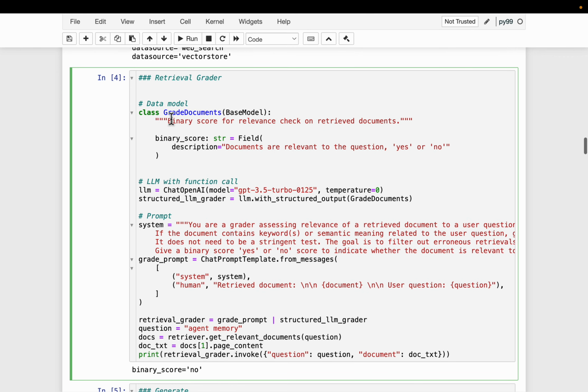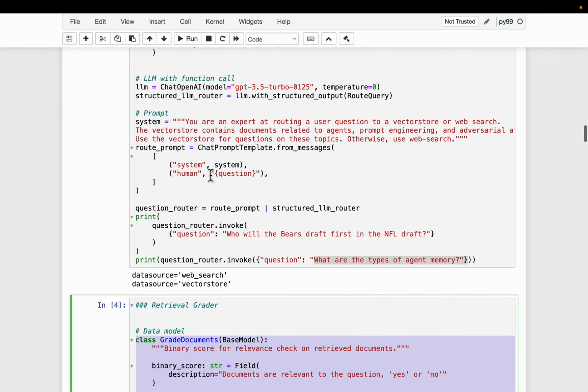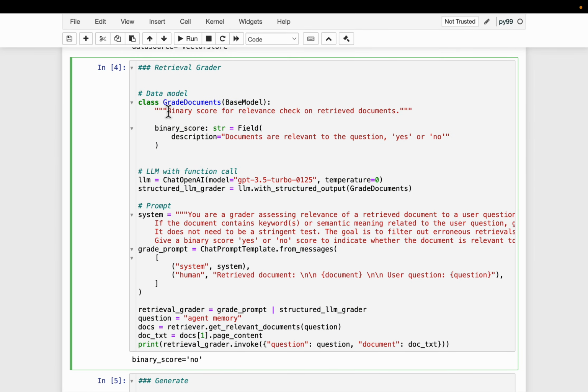So as I mentioned, the component is a very similar pattern to this one. Again, we have a base model. Now the output is yes or no. If the retrieved document is relevant to the question, it says yes, otherwise no. Since we are going to retrieve multiple documents, for each document it will say yes or no.